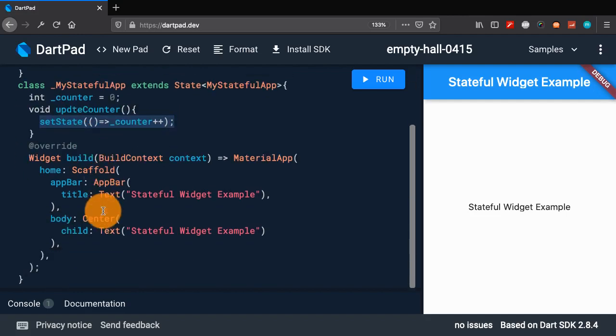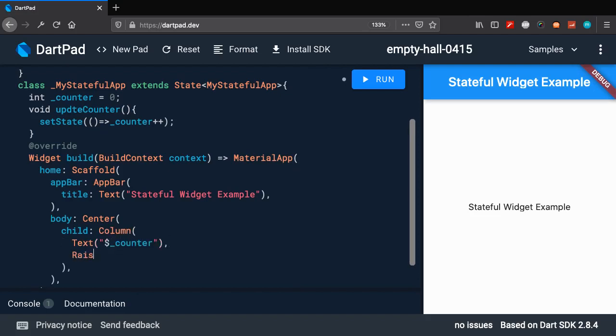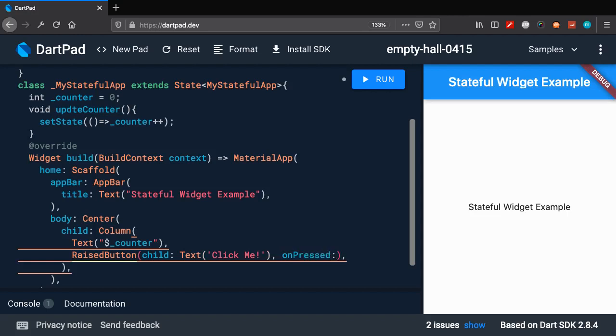Now how to use it? So let me display this counter variable somewhere here in the body. So inside this child, now I'm going to use a column. So why I'm going to use column? Because I need to add a text, and inside text I will display counter, and the second will be a raised button. So this raised button is another widget which is used to display a default button, and it has a property of child where you put a text widget, click me. You can name it anything, and then it must have another parameter which is on pressed. So when you press it, what will happen? It will run a function, and this function will call update, and I think I misspelled the update, so I will call it update